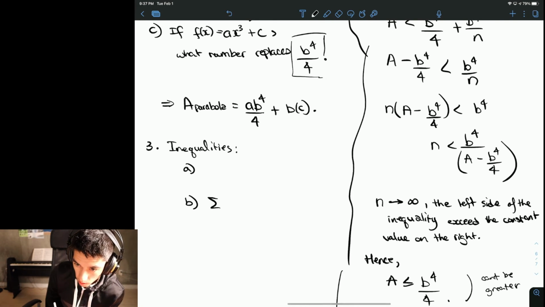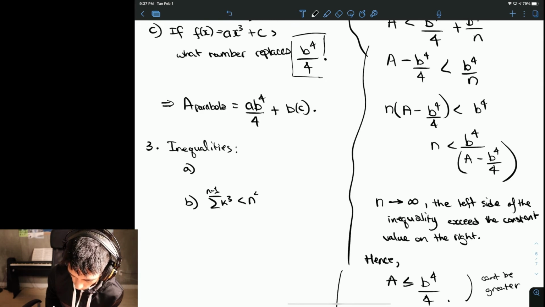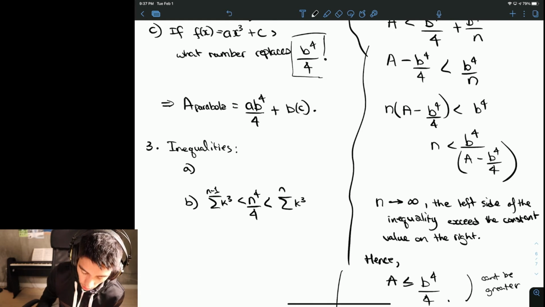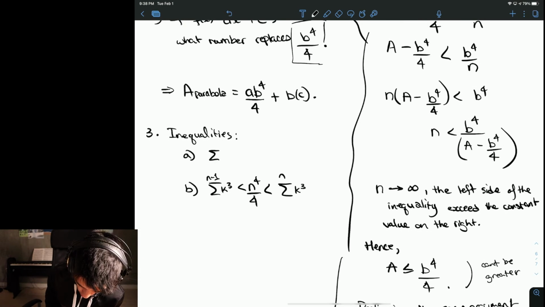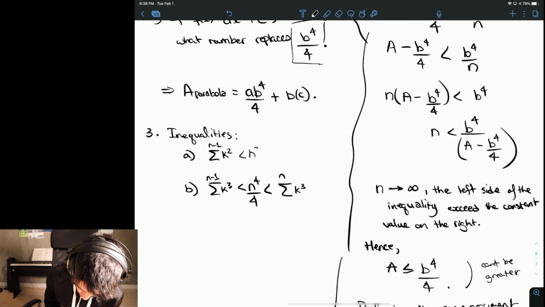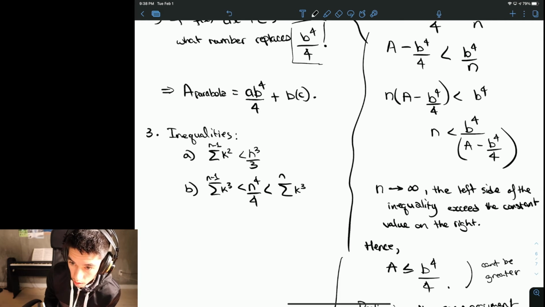And it says that B is the sum of cubes up to n minus 1 is less than n^4 over 4, which is smaller than the sum of cubes of n. And then I will look up the other one because it's not on the actual question. Same thing for squares, minus 1, which is smaller than